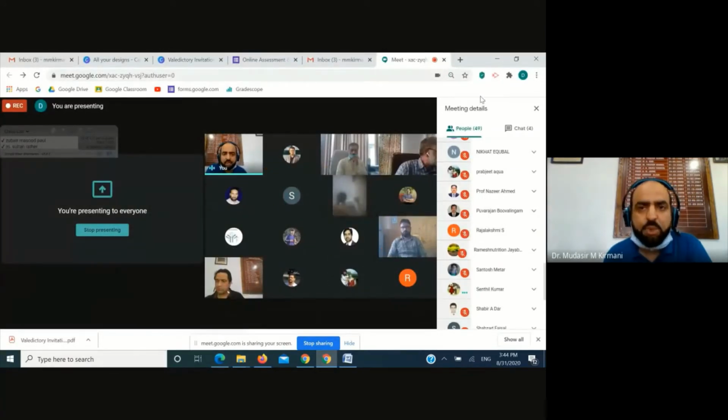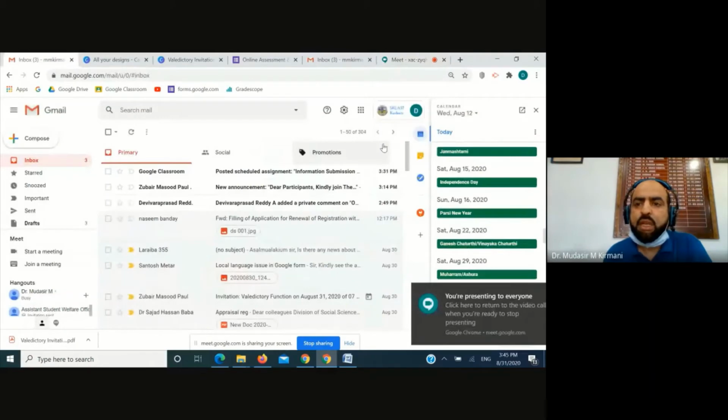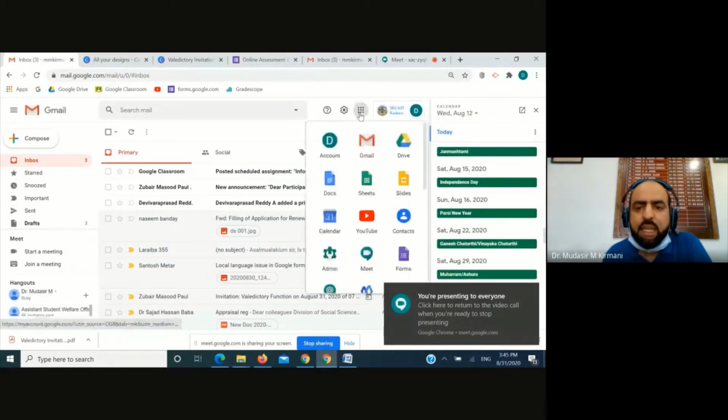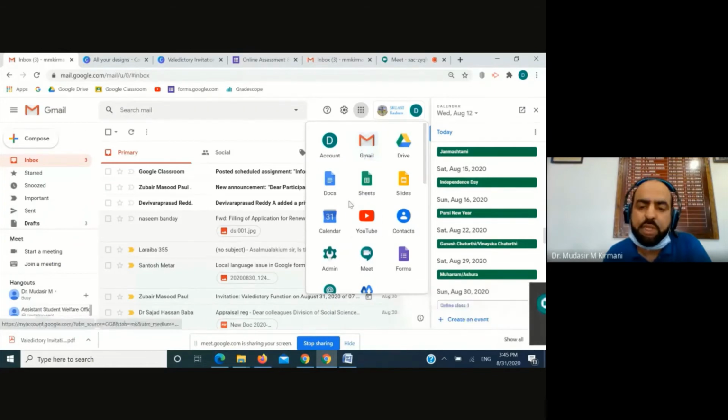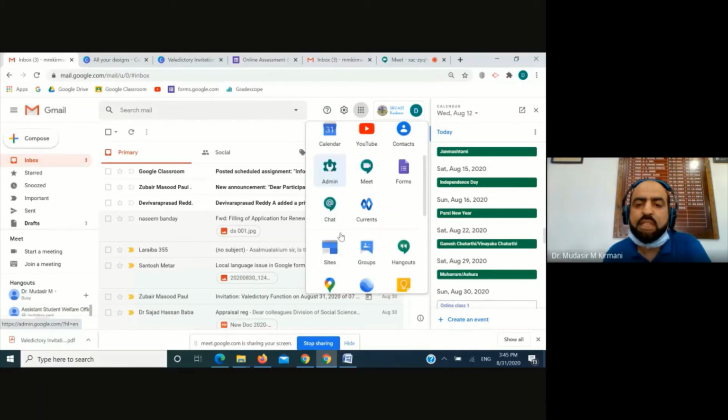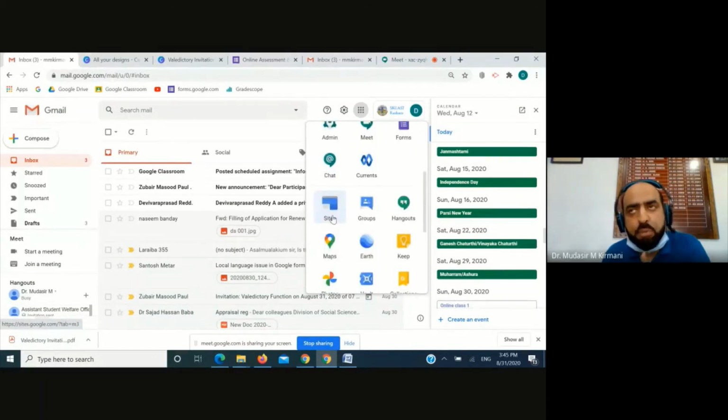I'll again show you that if I go to my Gmail account and click on this grid-like icon, here you can see all the apps of Google Suite for Education. In this list, you can see sites.google.com. If you remember, I did mention on day 4 that this Sites is a very good option to manage resources, and it will take hardly 5 to 10 minutes to get accustomed to this environment, because this is as simple as a Word document. You need to simply type in and create a link, that's it. So this is one of the ways which can help us in managing our content online.